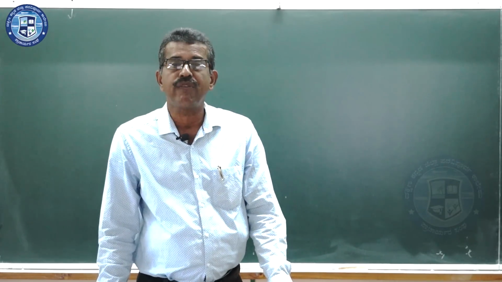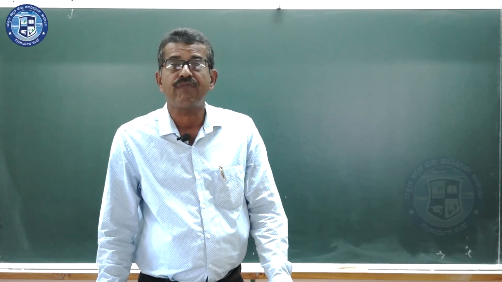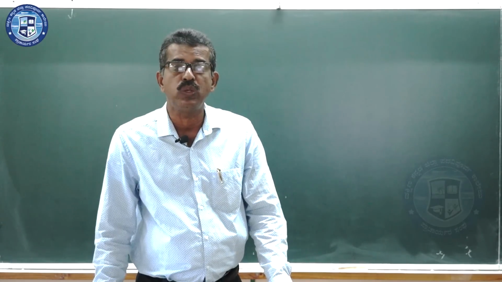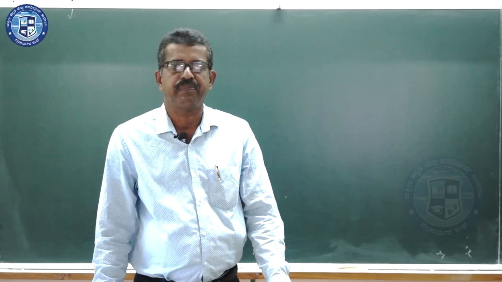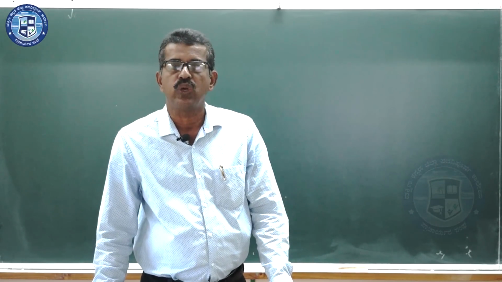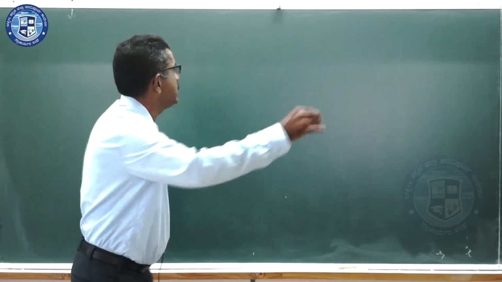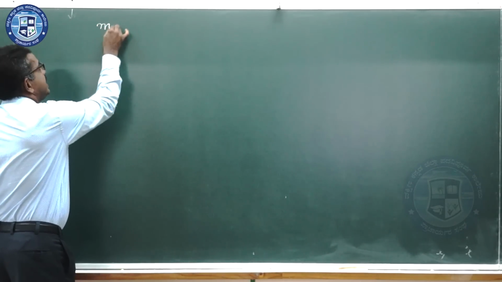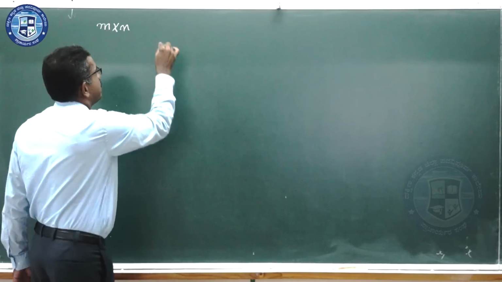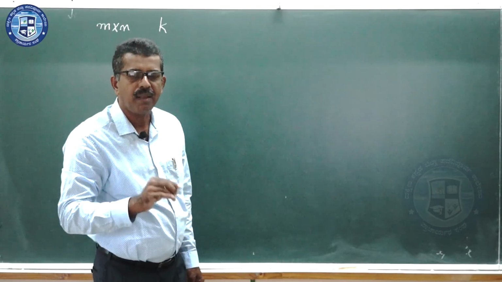So we have a beautiful question to begin with today. The problem is like this. If a matrix is of order m cross n, and the total number of symbols which can be used as elements is k, then what would be the number of possible matrices of order m cross n? I repeat once again, a matrix is of order m cross n, and the possible symbols which can be the entries of the matrix are k. Then what would be the total number of possible matrices?